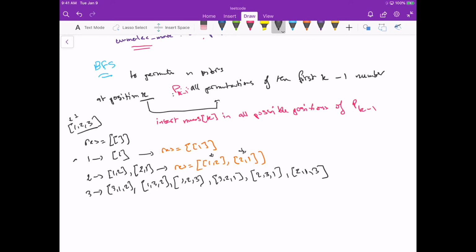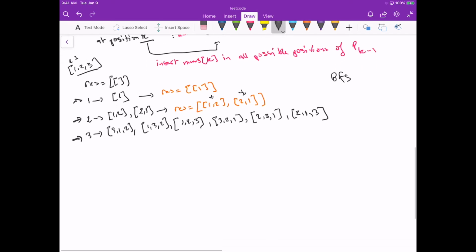So first I do the first level, and then I insert 2 in all possible positions to construct the second level, and then I add 3 in all possible positions to construct the third level. And so you can see this is kind of BFS here. And so to implement this, basically what I need to do is